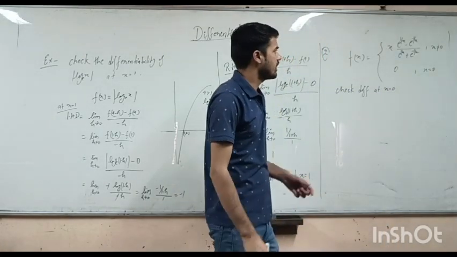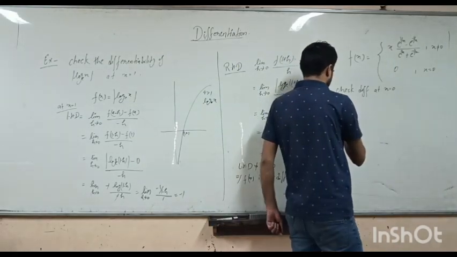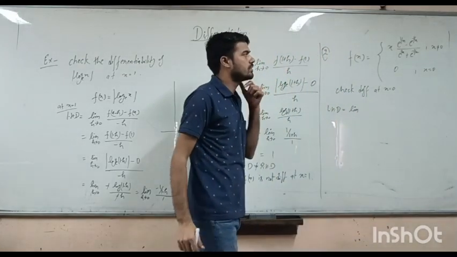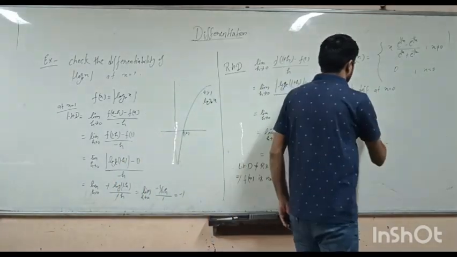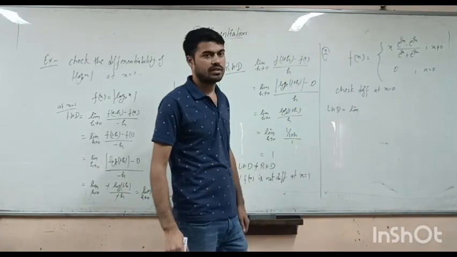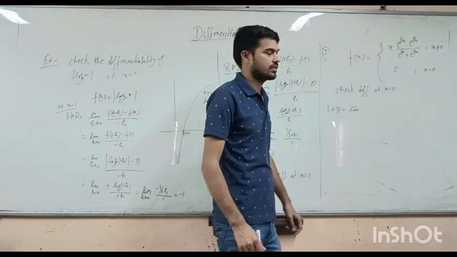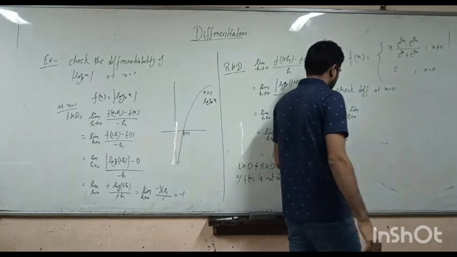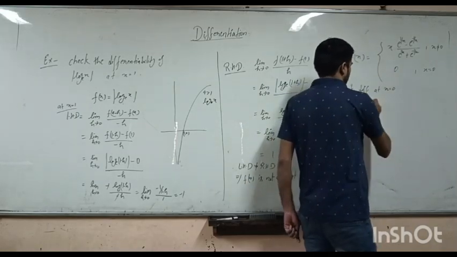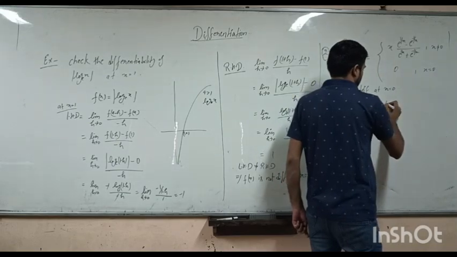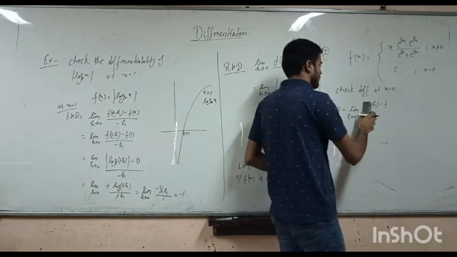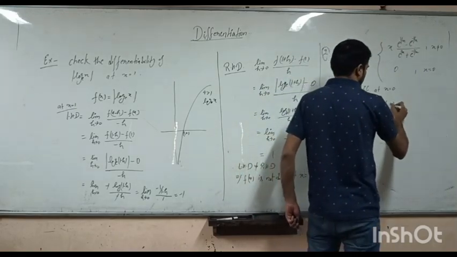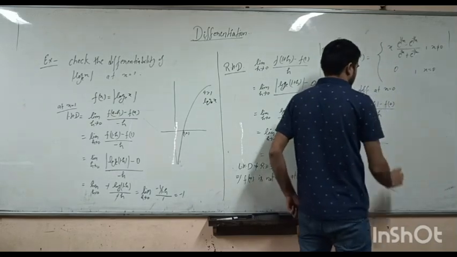So what will we do? We will again find the left hand derivative. For the left hand derivative, we have also done this question in the continuity chapter, where we wanted to check the continuity of this function. Now we are checking the differentiability of this function. Limit h tends to 0, similarly we will use f of 0 minus h minus f of 0 divided by minus h. We are checking at 0 minus h.